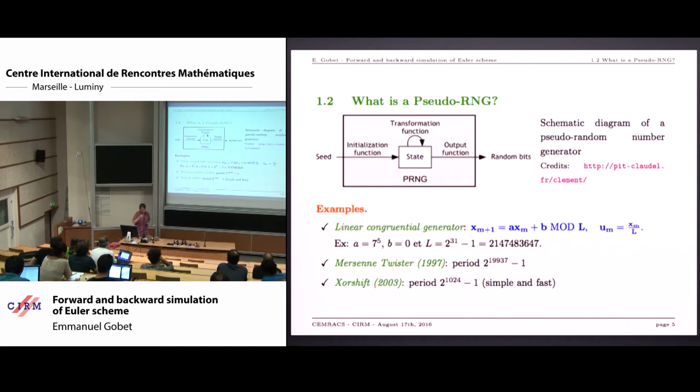Of course, it is very tempting to say, instead of going in the forward direction for the RNG, to also be able to go in the backward direction, so that you can invert the way you simulate the numbers. Instead of simulating in a forward way, you'd like to also go backward in your generator. Some usual examples of generators are MT19937, which in Python is the Mersenne Twister that is used. And there's another more recent generator, xorshift, which has a smaller period, but which is usually very simple and fast to implement.